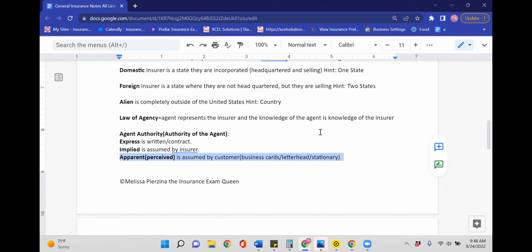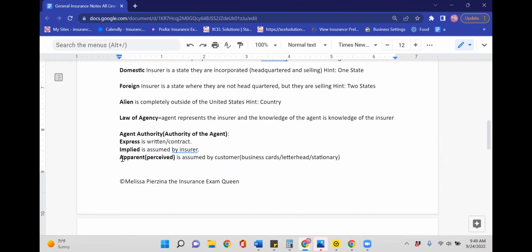This is where, as an agent, you need to be careful about what you say. If you tell the customer, oh, I can do this and I can do that, and I'll lower your premium, they're going to believe you to be true. They're not going to just assume that you're lying. They're going to believe you to be true. So if you say you have more power than what you do, you're effectively lying to the customer, and they're going to believe you. So just be careful with that.